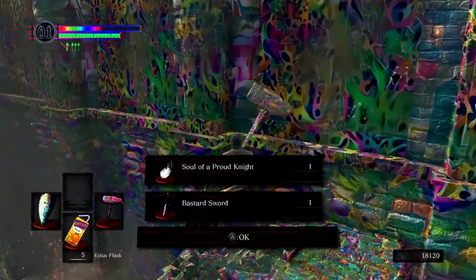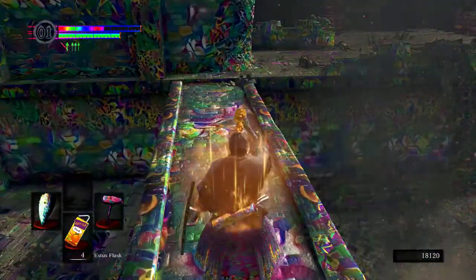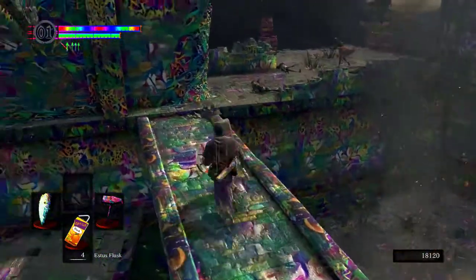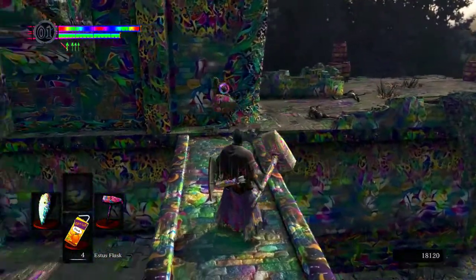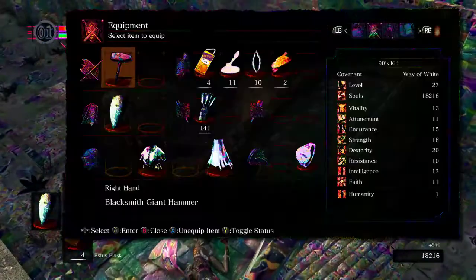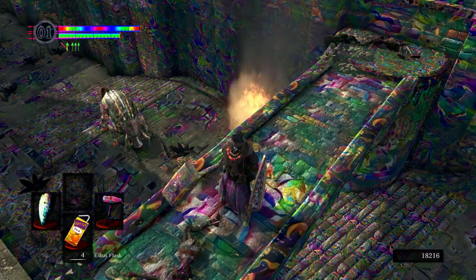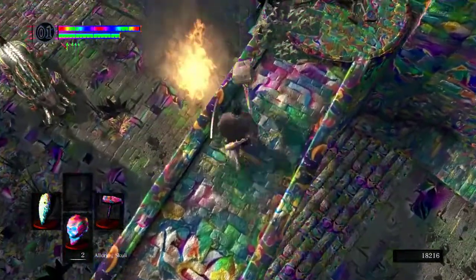What we got? Bastard Sword, and that's decent. I can use that to kill some minor boss. Get this guy over here. Okay, let's see if I can do this with 2 Alluring Skulls. 2 is kind of not very many, but...